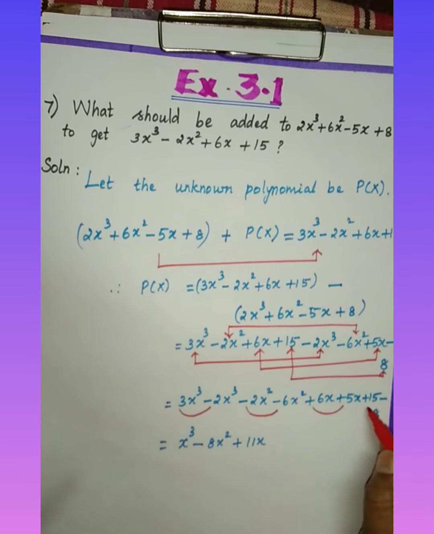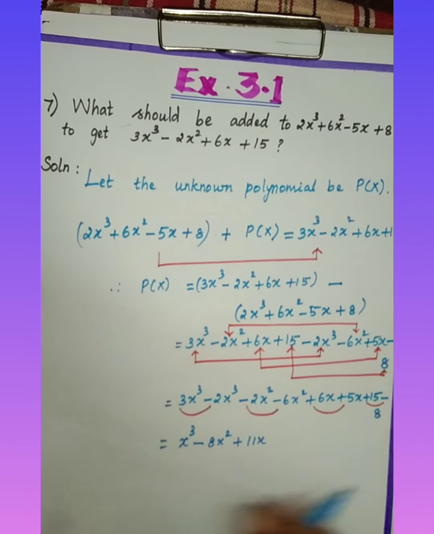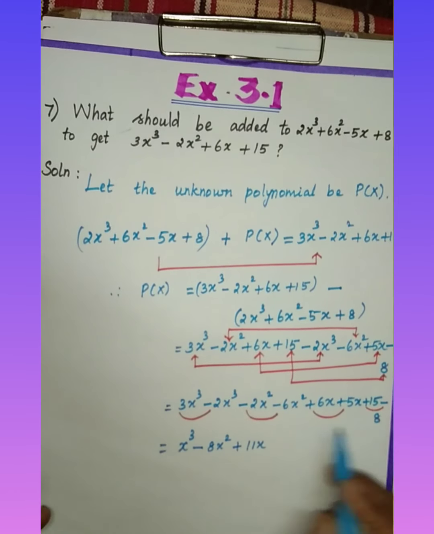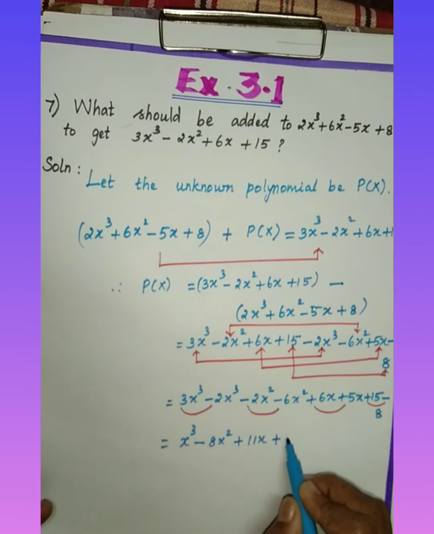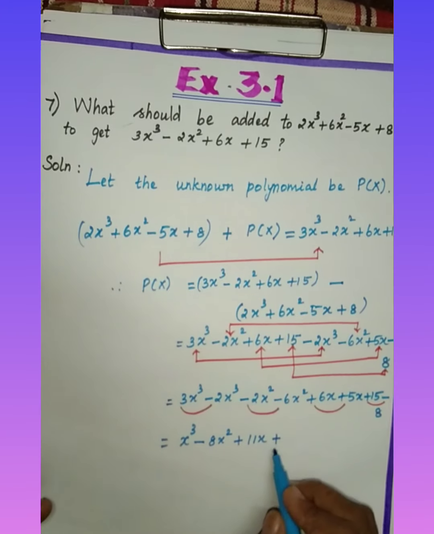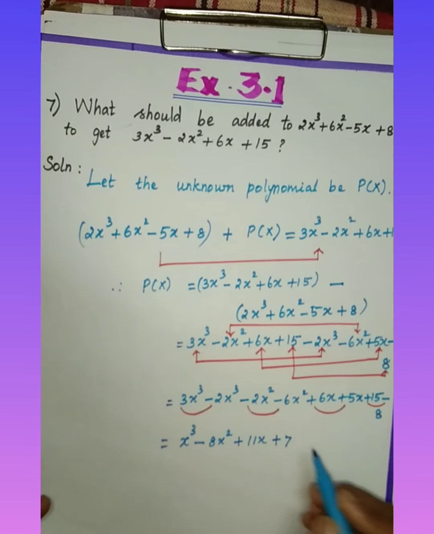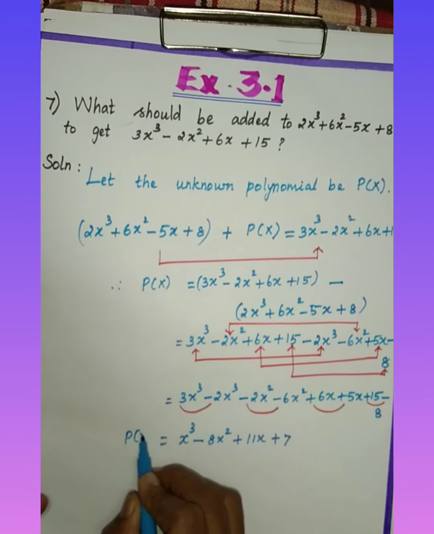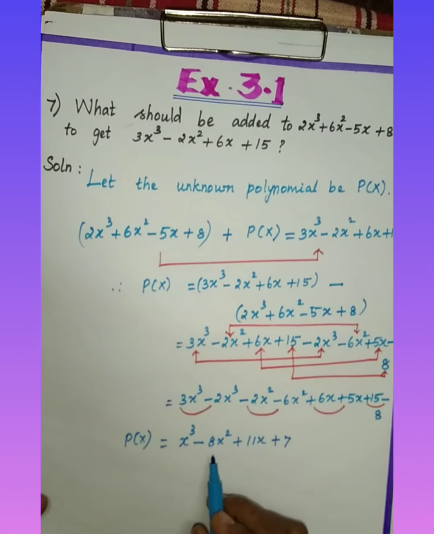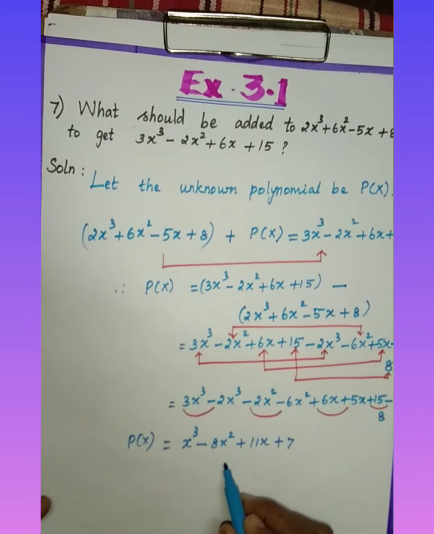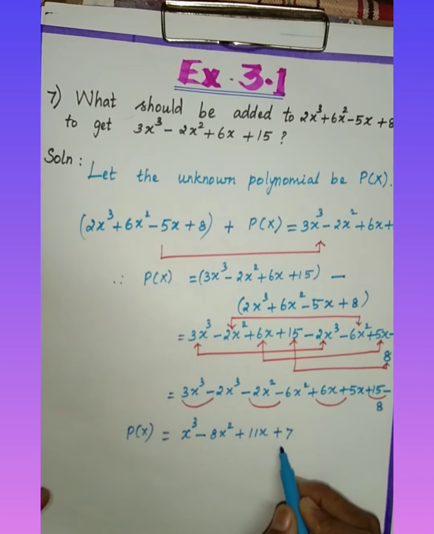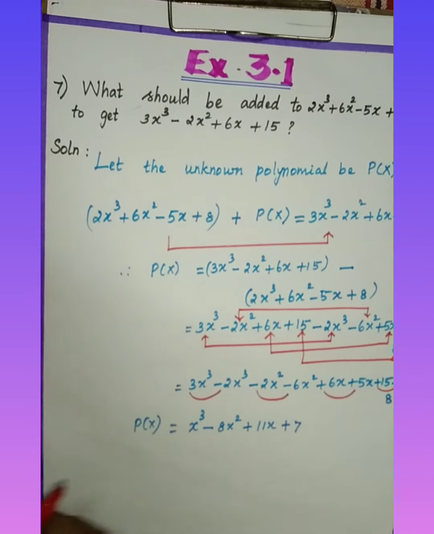Then these two are different signs, so we can subtract. 15 minus 8 is 7. Greater number is plus 15, so plus 7. Therefore, unknown polynomial P of x is equal to x power 3 minus 8x square plus 11x plus 7. So the answer is